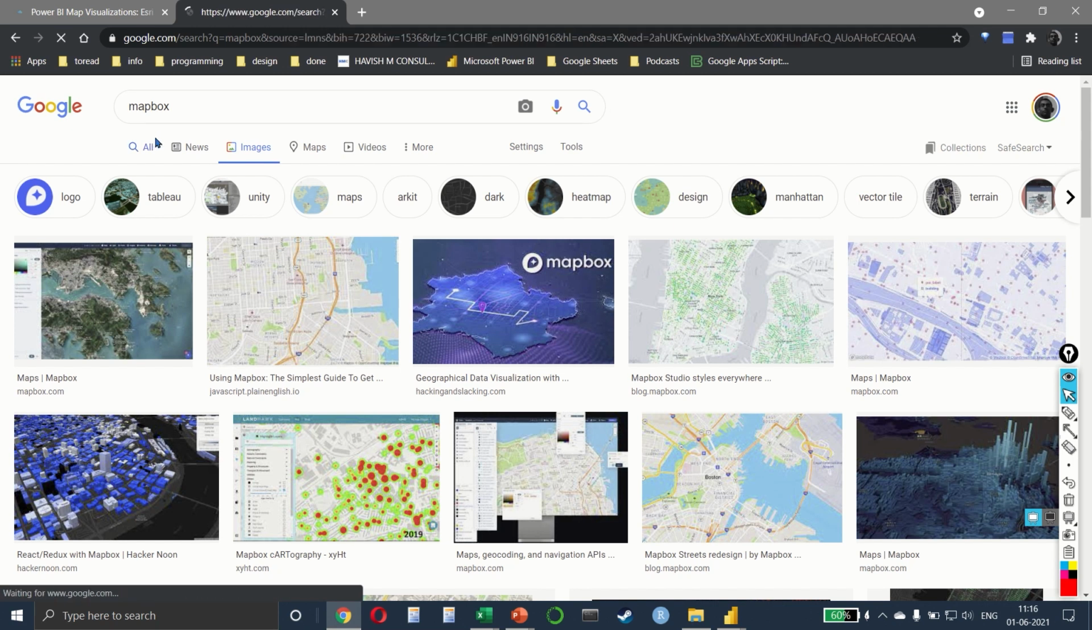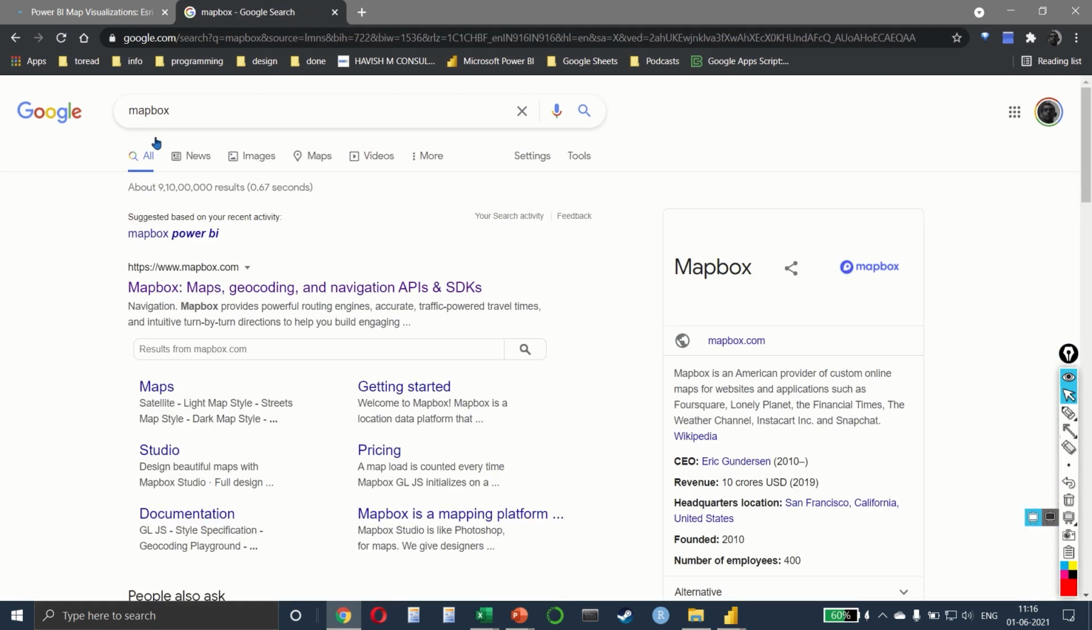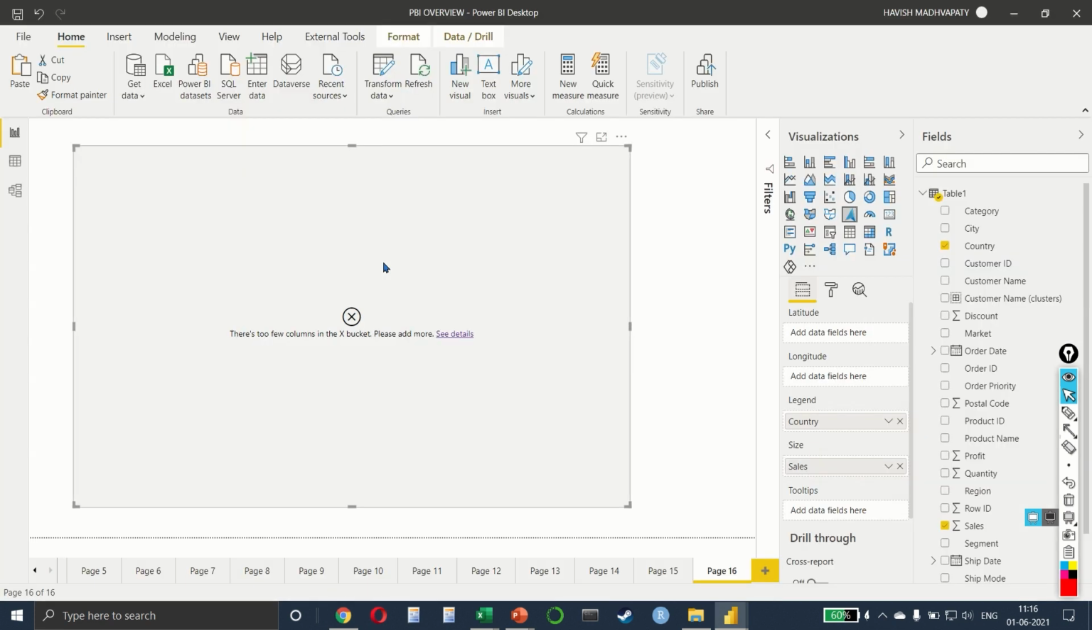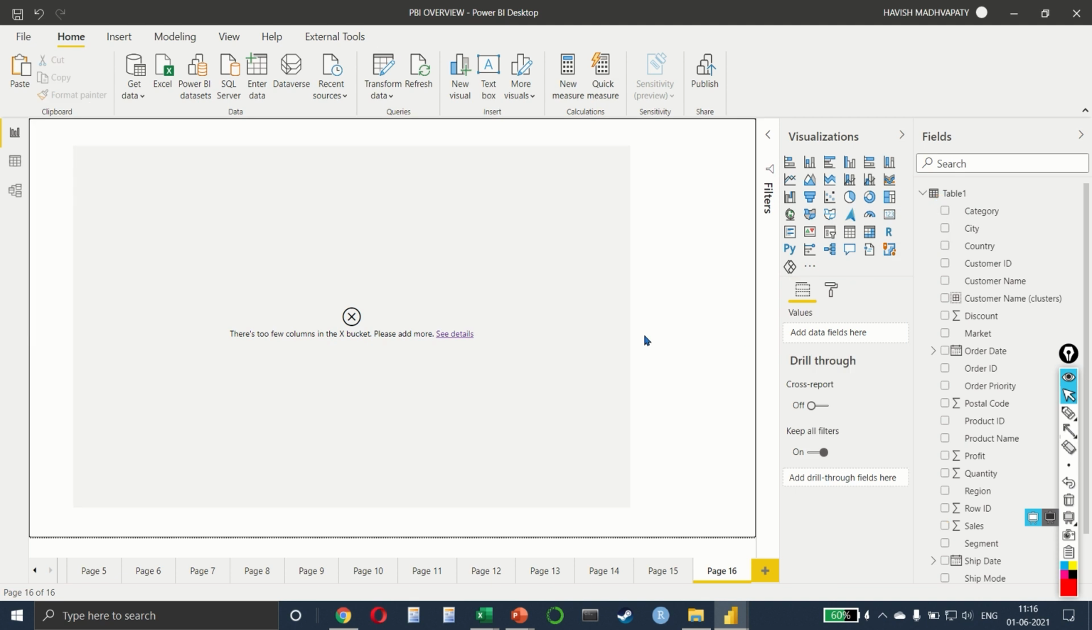Both of these have free accounts that you can create on them, and I definitely suggest that you have a look at it. So in Power BI, we have this option here, which is for your ArcGIS maps. Okay,